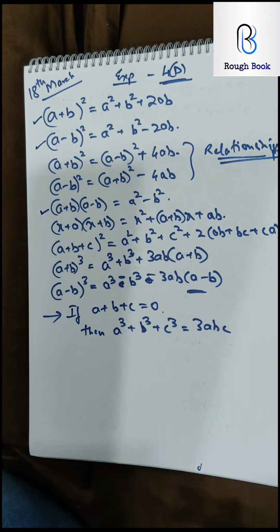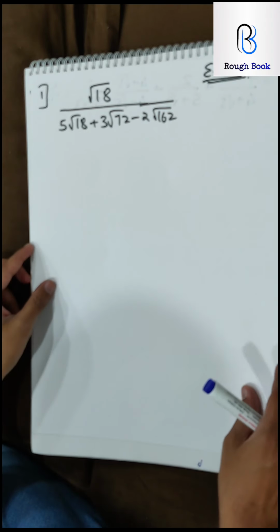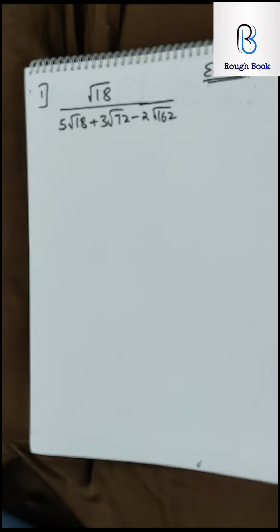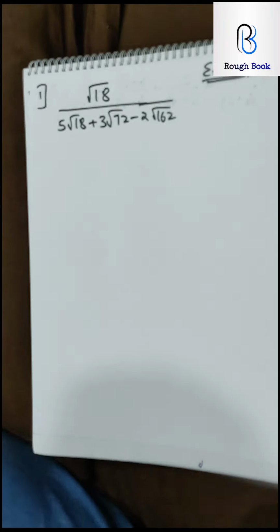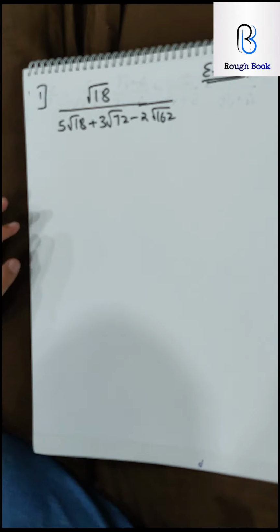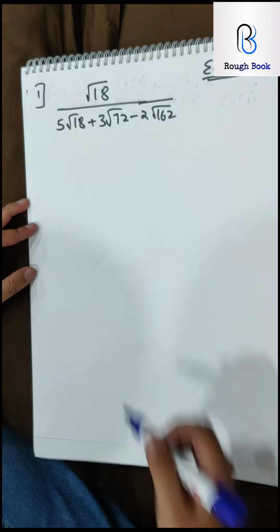So let's use these formulae and start with exercise 1D, where we had stopped yesterday. 1C we had completed. So let's now try and finish 1D today. So we are on the first chapter, rational irrational, and the question for this one is evaluate. So you need to find the value of this.